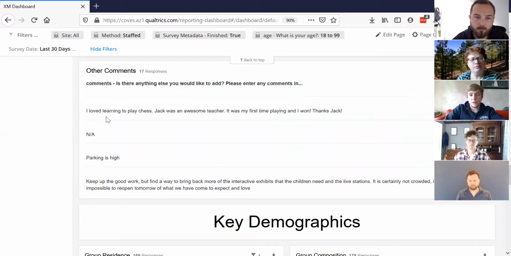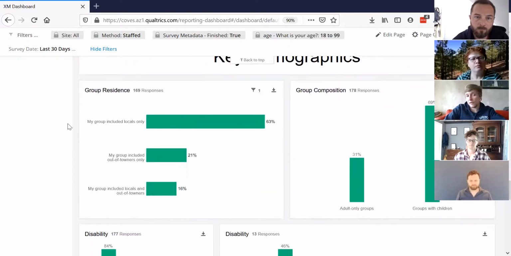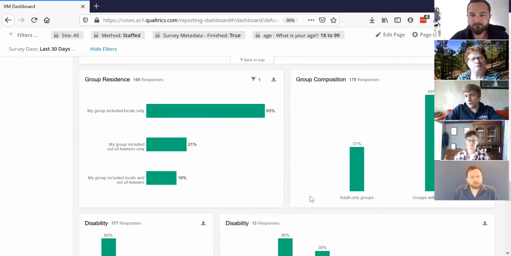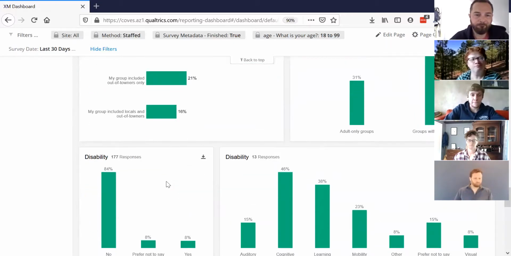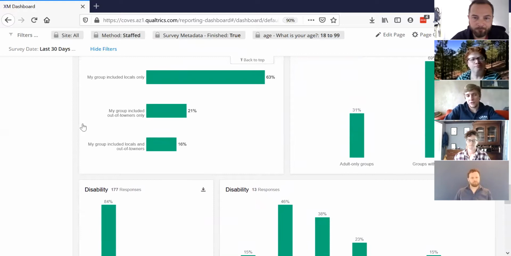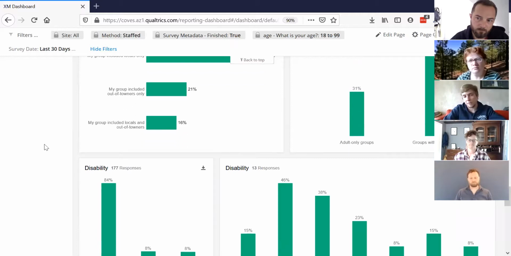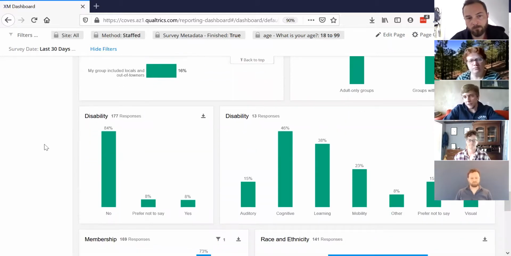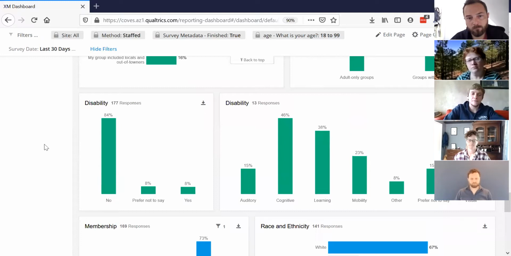And here you can read people's comments and then look at the demographics. We might expect to see a higher percentage of locals, or I'm not sure what you might expect in terms of adult only versus groups of kids. We're looking at the staff data collection right now, so it's a little bit easier to think about comparing the data we're seeing right in front of us and the data that we collected pre-pandemic. Whereas with the email data collection, it's a little bit trickier and you can't really do the comparison in the same way. But luckily with the staff, that's a little bit more sensible.